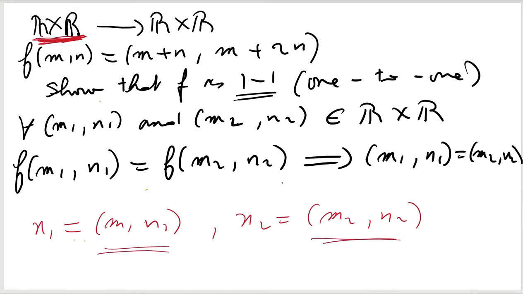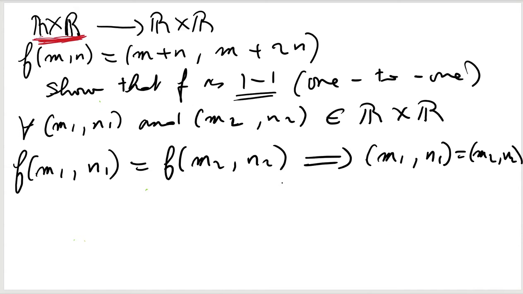So remember, students usually have this confusion when we have a cross product set like this. That's why I decided to pick this particular case, so you can visualize. So again, to show that f is one-to-one, you must show that for all pairs of elements m1 n1 and m2 n2, just like x1 and x2 in the cross product,